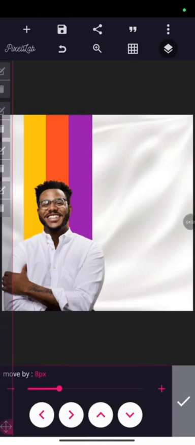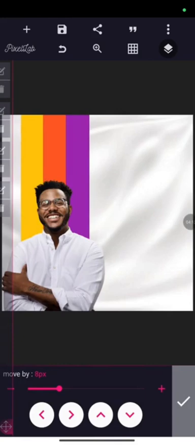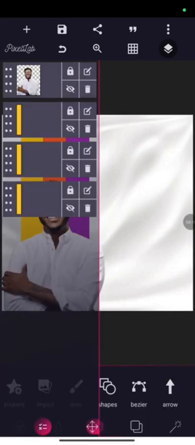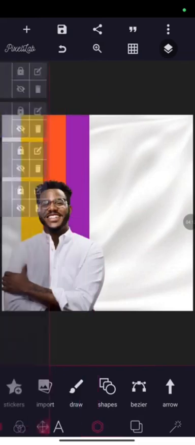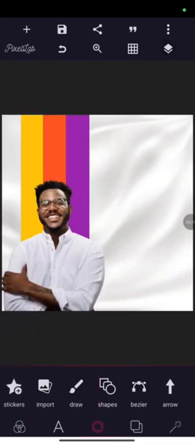So I want to shift my shape a little bit. I think this is okay by me. I like it that way. So I'll click on layer to take it out. So the next thing, I just want to do some write up,